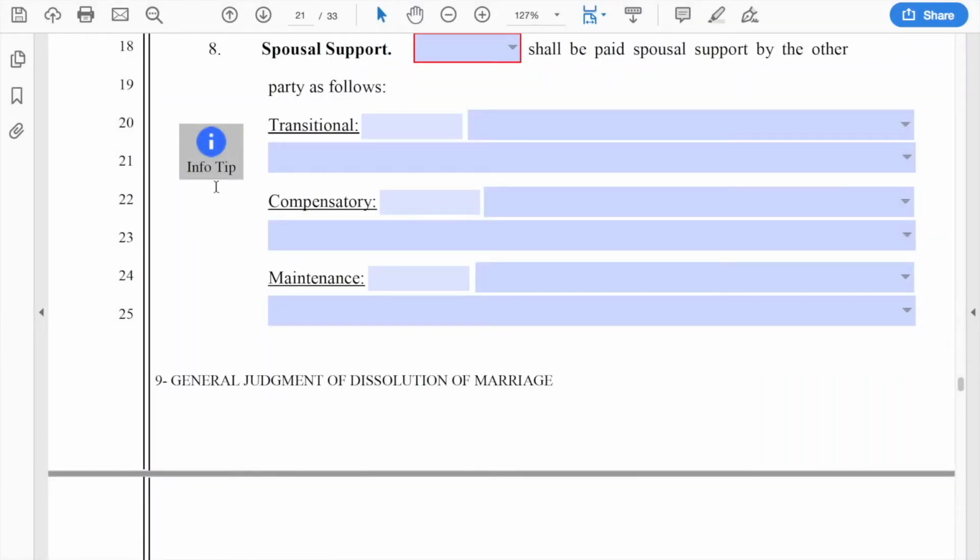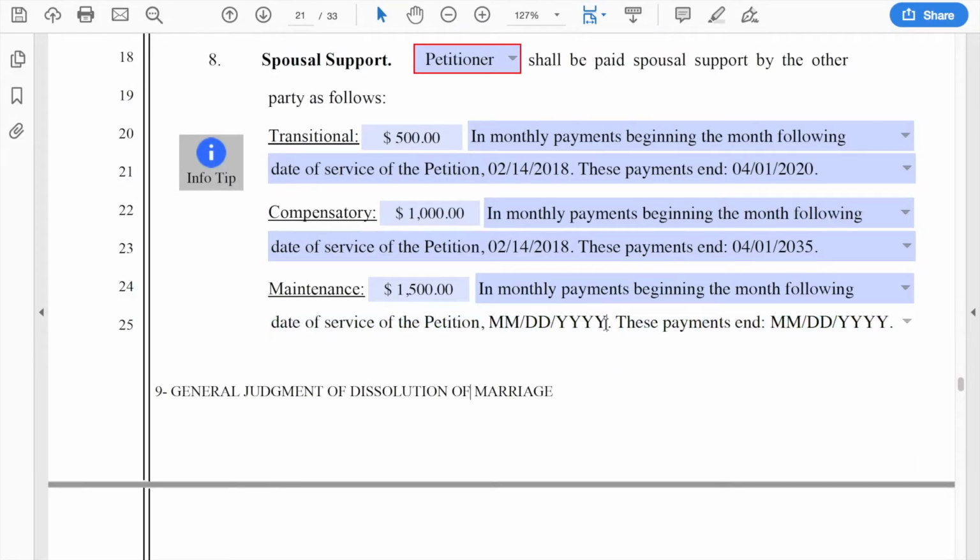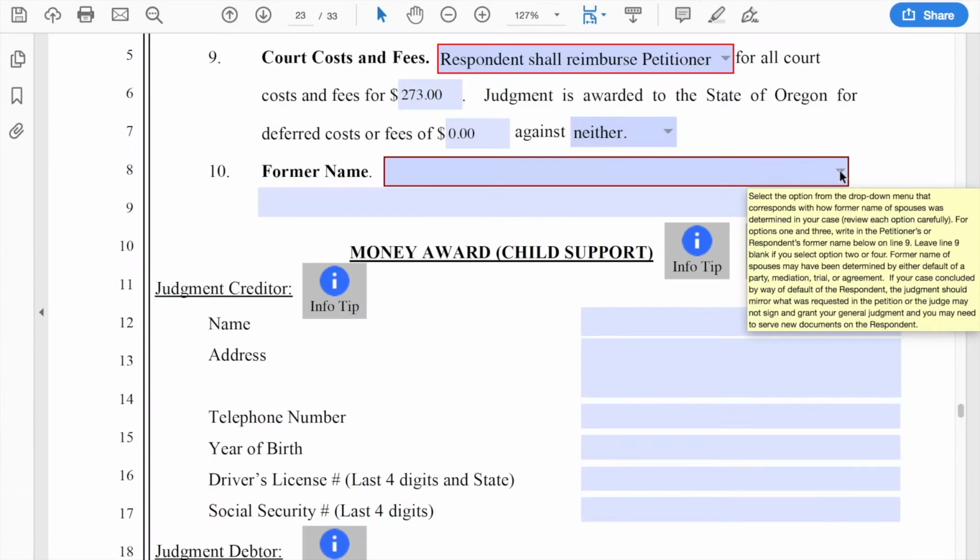Paragraph 8, spousal support. Fill out this paragraph. Paragraph 10, former name of spouse. For options 1 and 3,